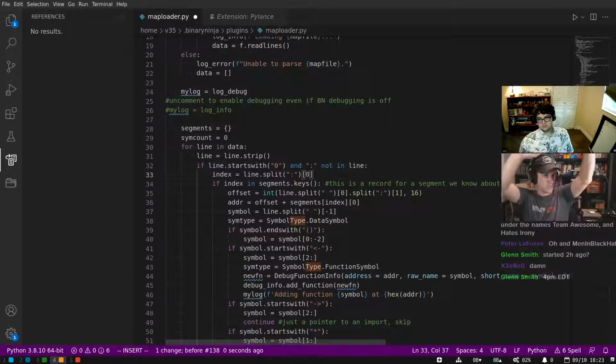I'm so confused. Yeah, I need to find one of the real files that I parsed. What you're parsing here looks different than the example I was able to find.